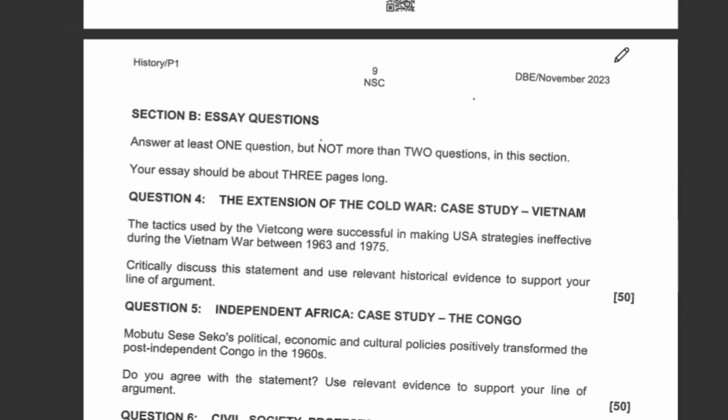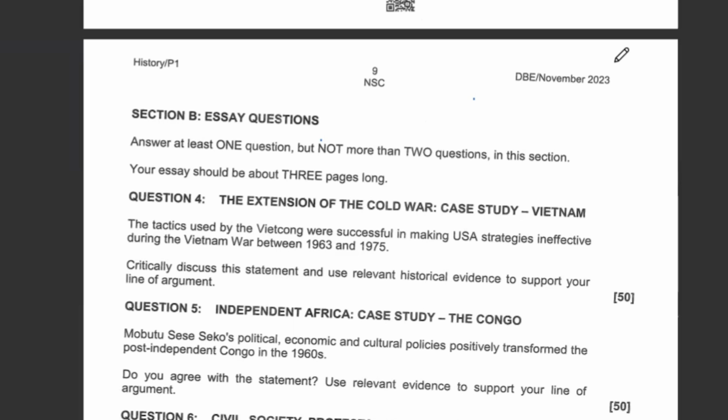The domino theory. What were the US leaders believing based on the domino theory, the ideology that they were following? They believed that if Vietnam becomes a communist country, it would lead to the fall of neighboring countries to the communists. That was the domino theory. They believed that if the whole of Vietnam becomes a communist country, then other neighboring countries will follow suit. They will also be attracted to the Vietnam ideology, and they will also be anti-capitalist. They will become communist countries. That was the domino theory.